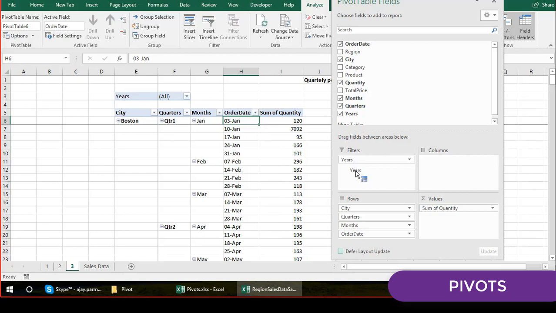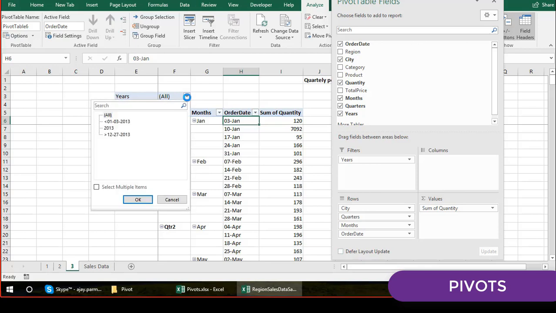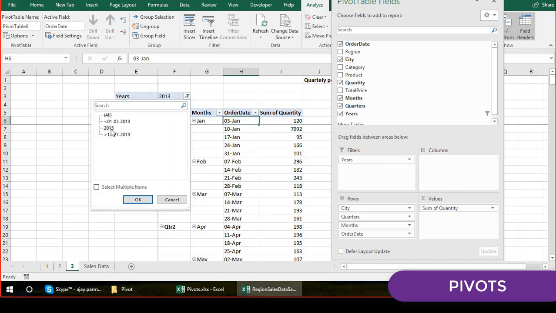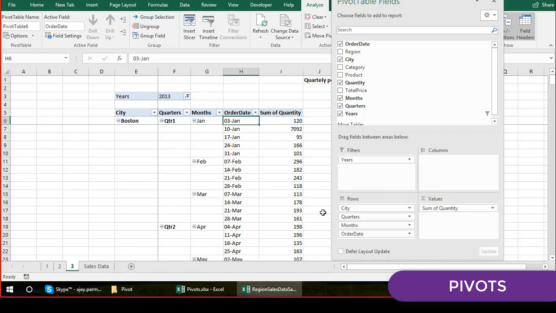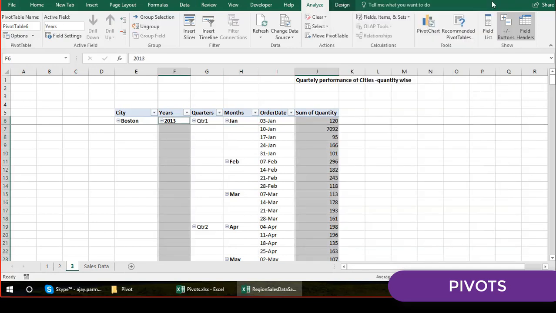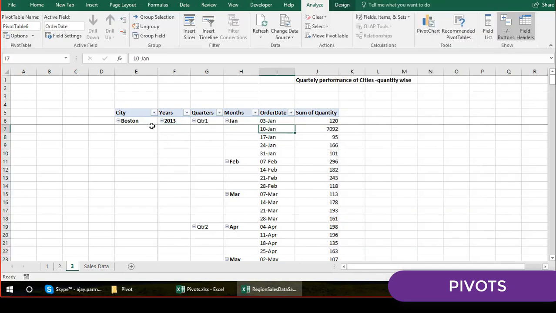This is also okay. So you have the Boston City quarterly performance for the year. You have to select the year from here in this way then, right? Because if there are some more years, you have to make sure you are on the correct year. Otherwise, if you don't want to do that, as I said, you can keep this option here as well. So this way you have the Boston City performance in 2013 in quarter one.